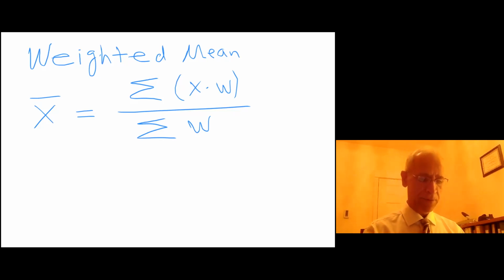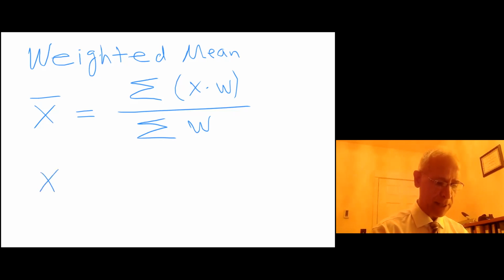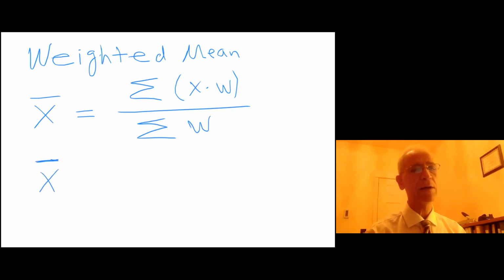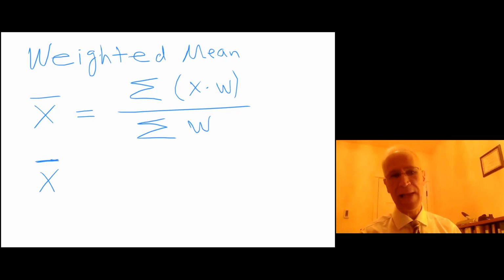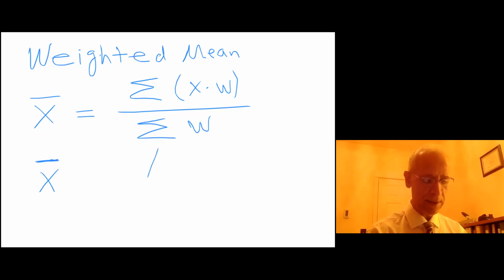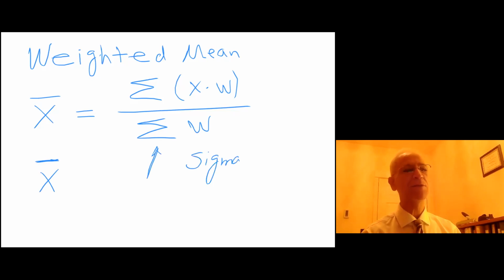A couple of things to mention: X bar, when you see X and you see a bar on the top, that means average. And we are talking about weighted average in this case. And this symbol right here is sigma. It's Greek, of course, sigma, which means collection or addition of everything together. All right, so let's